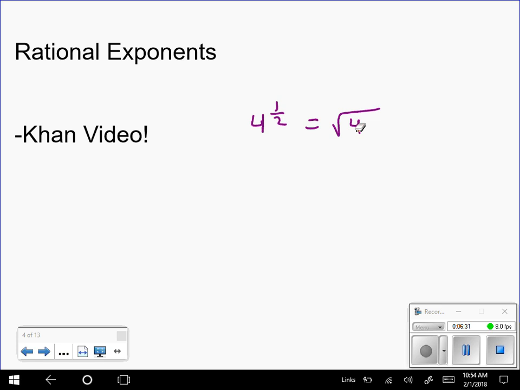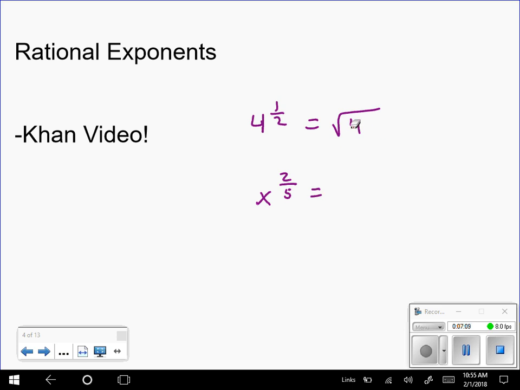rational form. Here's our rational form with the fraction, and the radical form is here with the radical. What we're going to look at now is how to write both types with any fraction, any exponent, any situation. Let me give you an example here. Let's say x to the 2/5 power. If I want to write that